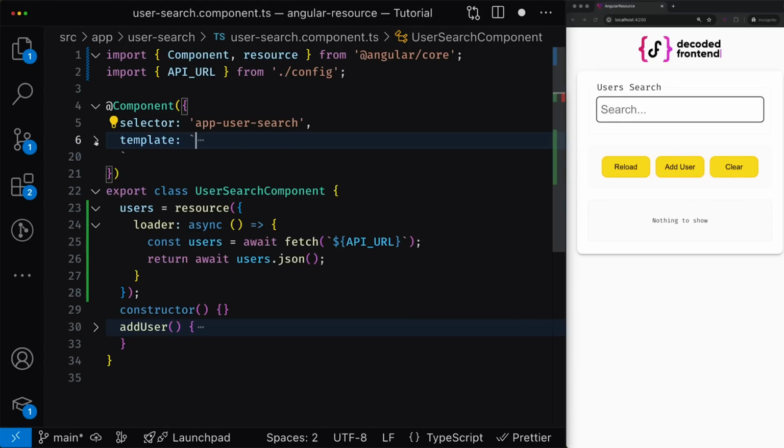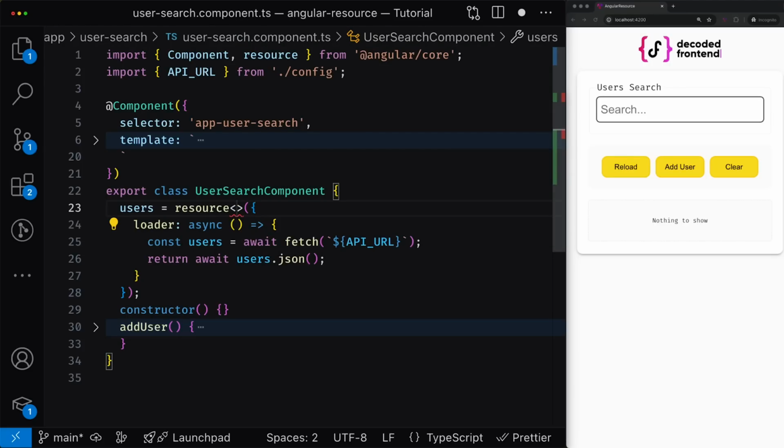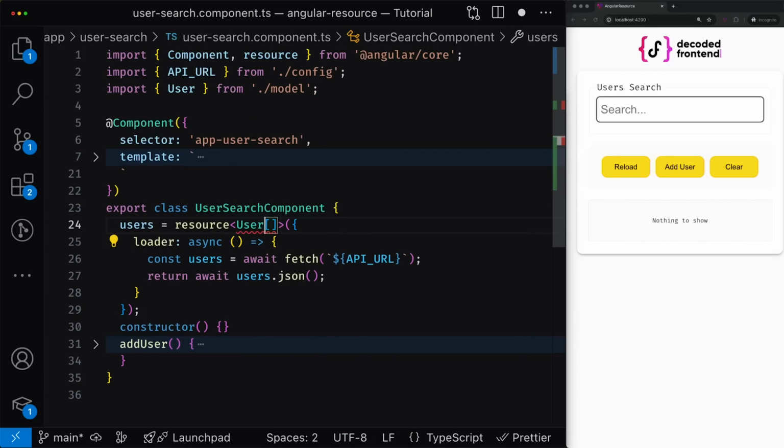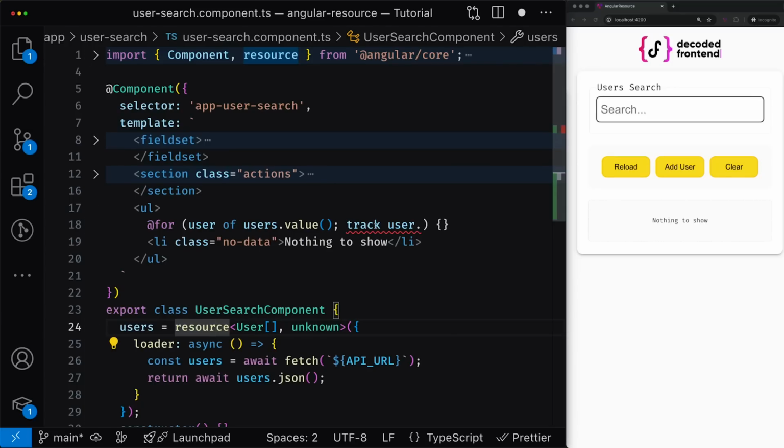And actually the type of resource function is a generic that has two values. The first value is what the resource loader returns, and in my case, it is an array of users. And the second parameter is the request type. We will come to the request feature a little bit later. So far, let's define it as an unknown type. All right, so now typings for our user's resource are much stricter, and we can get back to the component